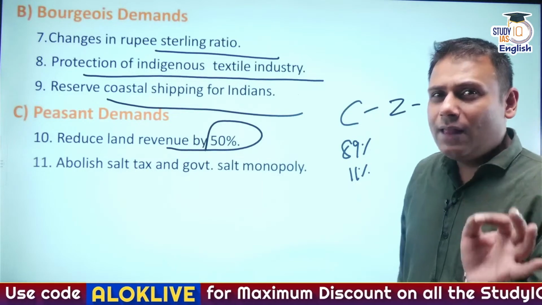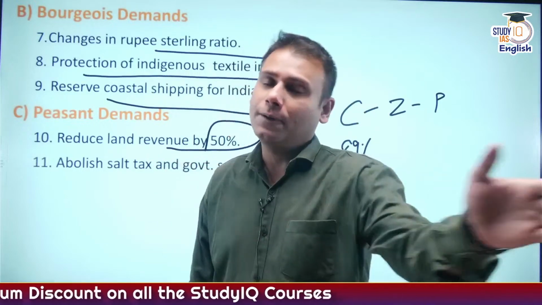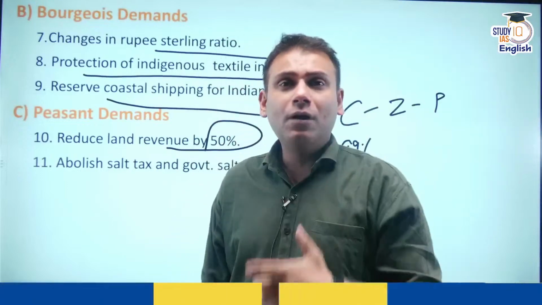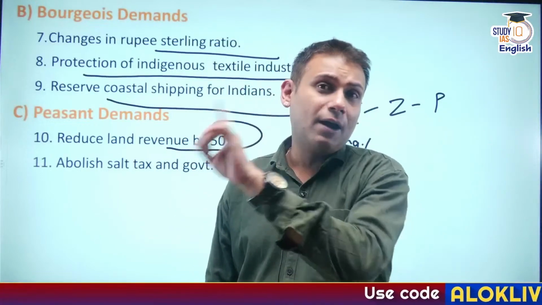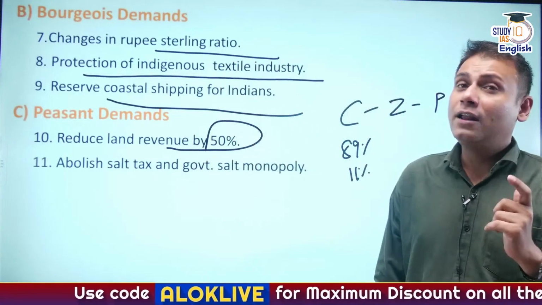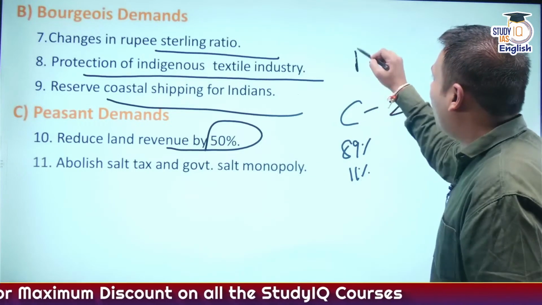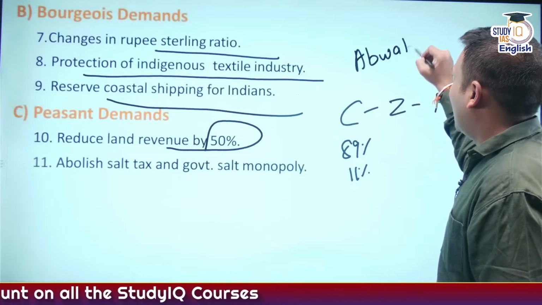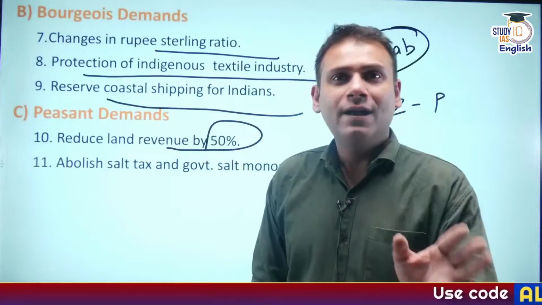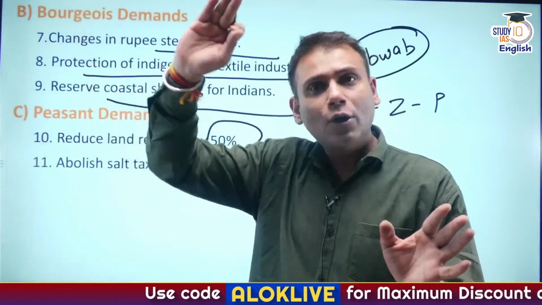Here, Zamindars were supported by the Britishers and they exploited the peasants a lot. Like, I'll give you one example, Pabna. Pabna is located in Yusuf Shahi Pargana of East Bengal, and it is known particularly for the cultivation of jute, which is a commercial crop. Zamindars here went for abwab. Abwab basically means, under the Zamindari system, the rent was fixed. Hence, the Zamindari system is also referred to as the permanent settlement. Correct? Which was launched by Lord Cornwallis.